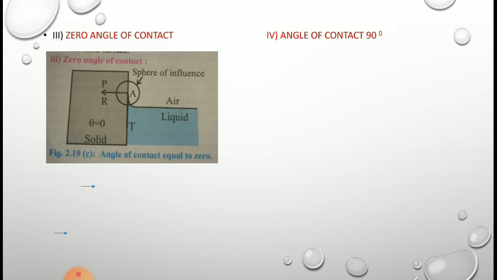In this case, the liquid molecules near the contact region are so less in number that the cohesive force is negligible. Hence, vector AC in this case is 0. The net adhesive force itself is the resultant force. Hence, vector AP is equal to vector AR. Therefore, the tangent AT is along the wall within the liquid and the angle of contact is 0.